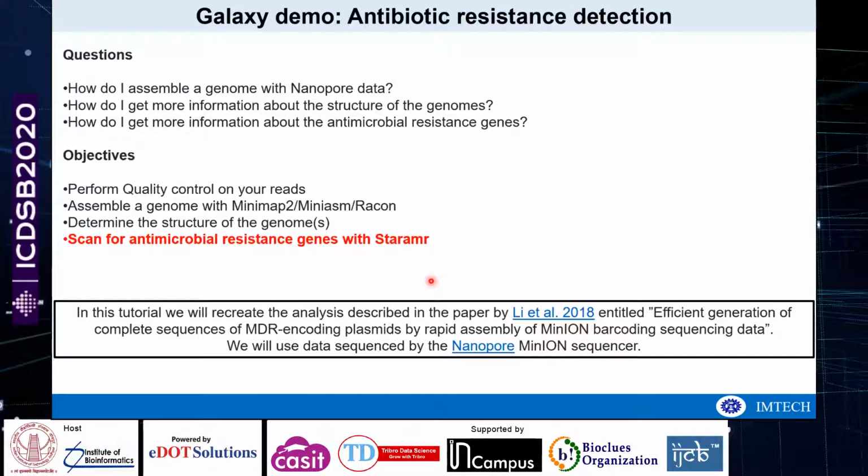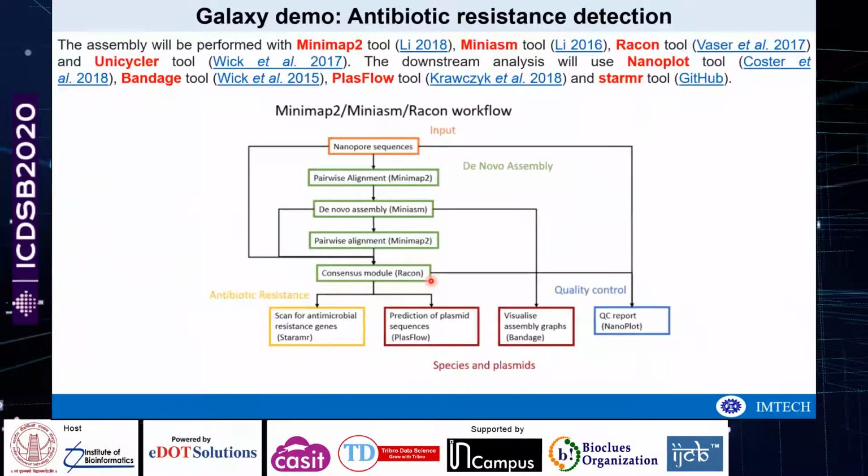They retrieved two samples, Klebsiella and Pseudomonas, to identify plasmid-mediated drug resistance mechanisms, and the assembly will be performed using the tools mentioned in this tutorial.